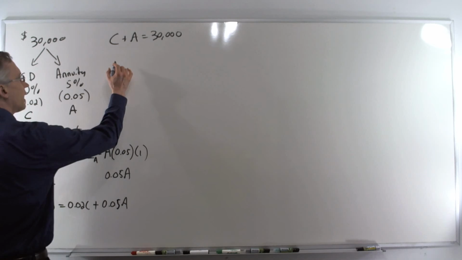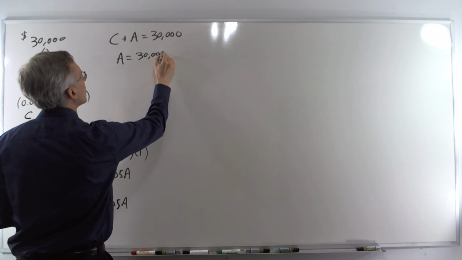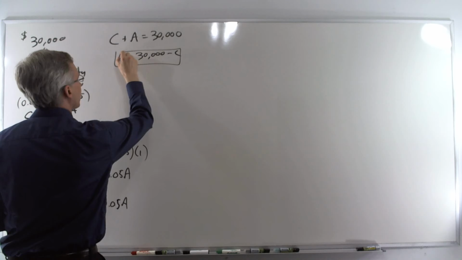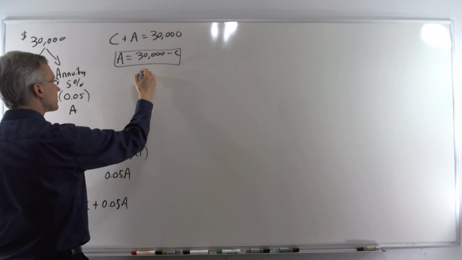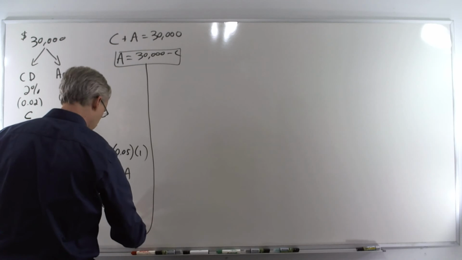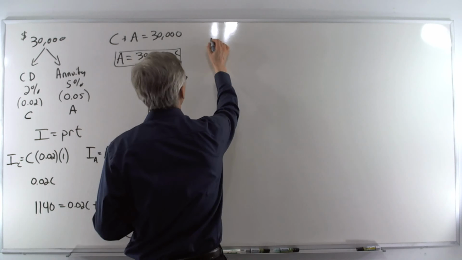So I'm going to solve this for A by subtracting C from both sides. So we get A equals 30,000 minus C. Now I'm going to take this and plug it in for A. Substitute. So 1140